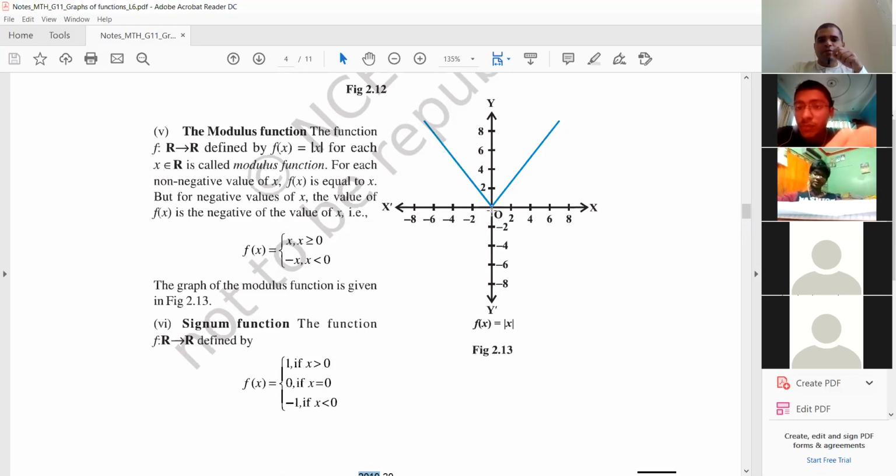From where the graph is plotted, from 0, you have to see in y direction. Don't see in x direction. For domain you have to see in x direction, and for range you have to see in y direction. So for range, you see in y direction, 0 to infinity, it is going towards infinity. It is not going down. No points are below the x-axis. In this case, Prabhuji, should we see only the right side?